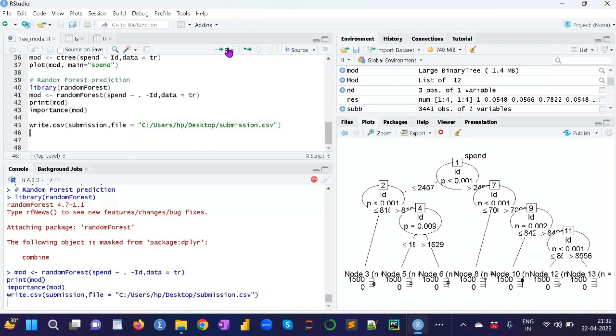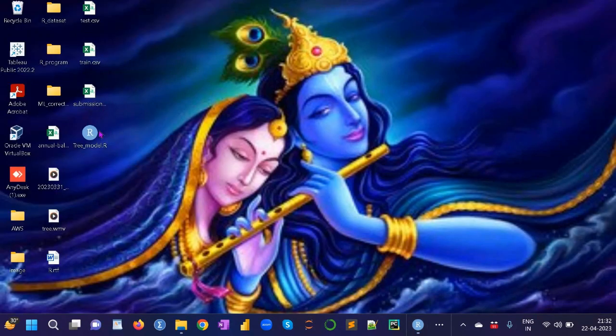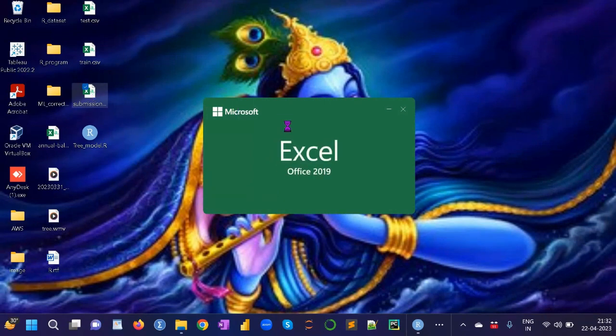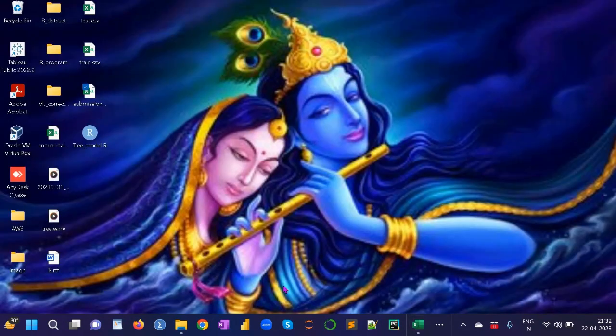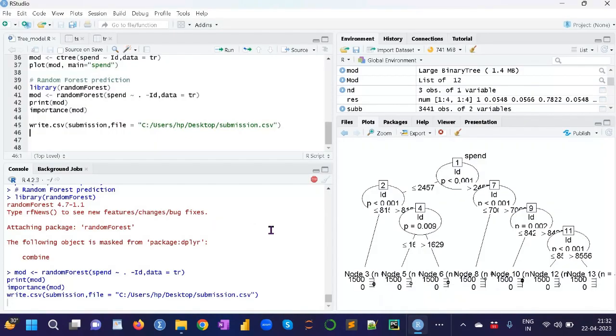So if I run this, I will show you that this submission is saved on my desktop. Wait. This is the submission, because this is a CSV file and there are two data columns, ID and expected. This is the new data set I created. So this is the program in the R language.